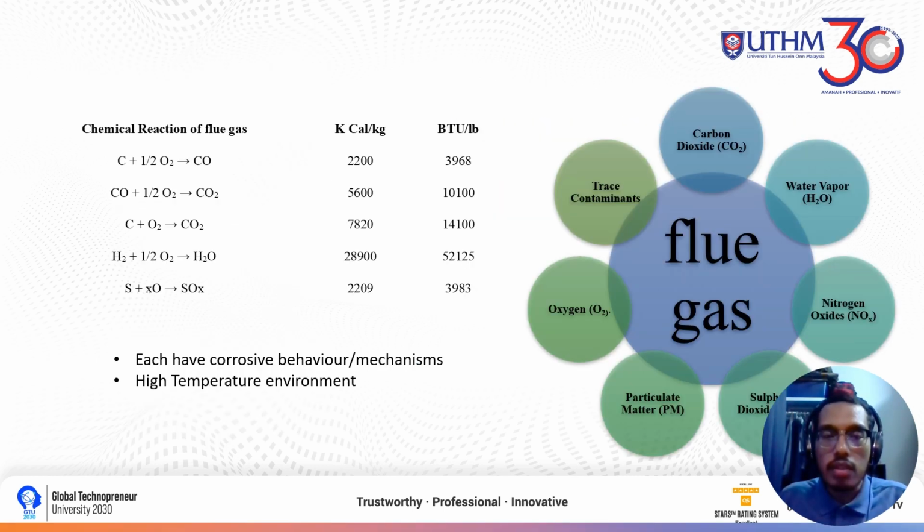So we suspected that the cause of the corrosion came from the flue gas content. The flue gas content consists of carbon dioxide, water vapor, nitrogen oxide, sulfur dioxide, particulate matter, oxygen, and trace contamination. Each chemical present has its own corrosive mechanism, and with all that combined,